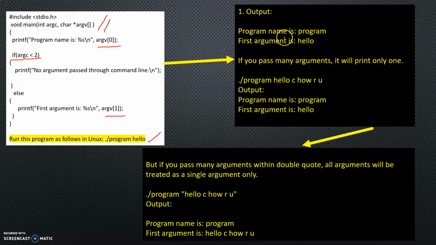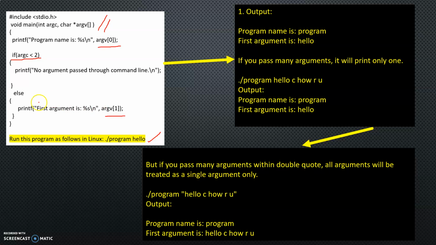Here the program name is program. The first element, argv, always takes the name of the program file. The second argument is whatever you are placing. This is hello, that means argv1 is hello. Now you may have some idea in your mind: argv0 will always be the program file name, and the second element that I place will be hi, hello or anything.